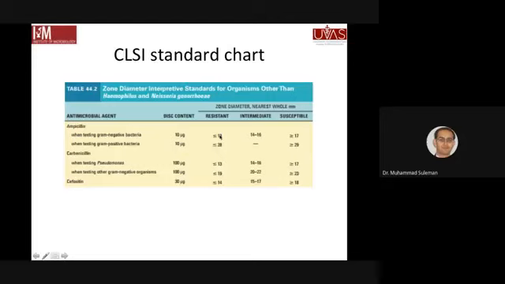वो एम्पिसिलिन आप उसको रिकमेंड नहीं करेंगे उस पेशेंट को। और अगर जोन ऑफ इनहिबिशन 14 से 16 है सेम कंडीशन में, तो फिर वो इंटरमीडिएटली ससेप्टेबल है। फिर भी आप कोशिश करेंगे कि उस एंटीबायोटिक को रिकमेंड ना करें ट्रीटमेंट के लिए, क्योंकि उसके चांसेस ऑफ कंप्लीट रिकवरी नहीं है। But if the zone of inhibition is equal or more than 17 millimeter,